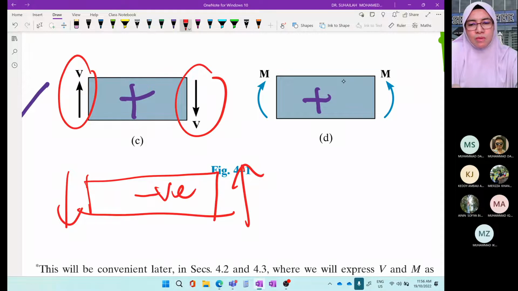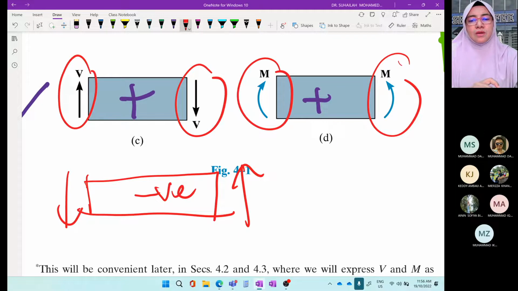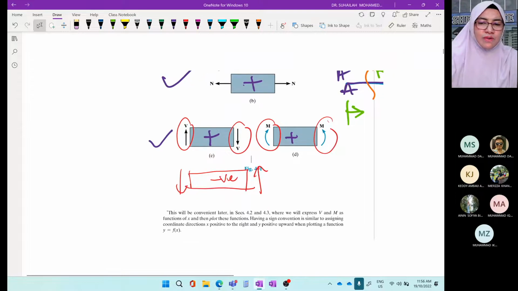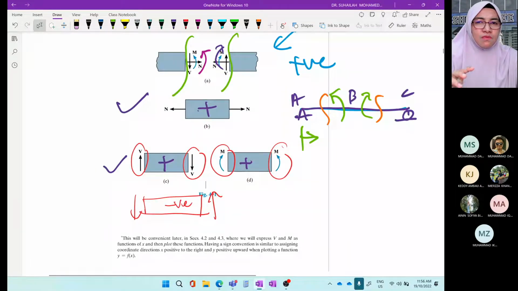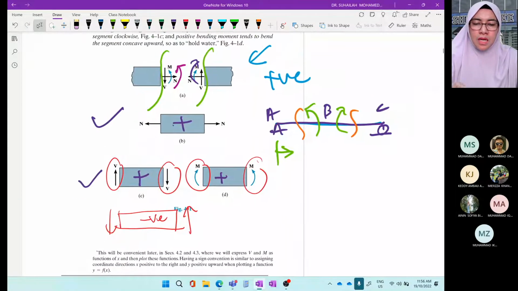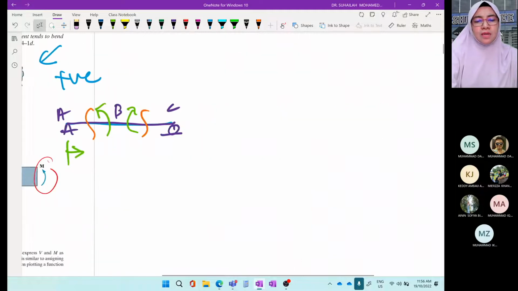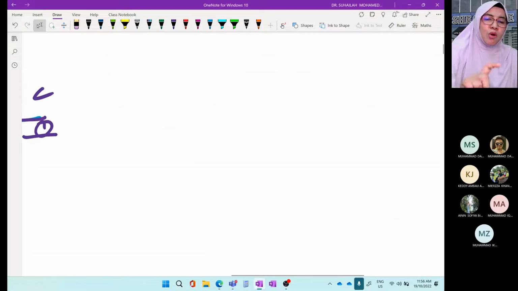Sama juga yang moment. Moment kita akan apply yang ni. Okay, and this is called positive sign convention. And sign convention is always assumption. Okay, it's always assumption. So ini kita punya reference for internal forces. Internal forces for beam and for frame. Okay, nanti when we write moment equation, kita akan repeat balik the same lah. Normally student dia salah part frame.